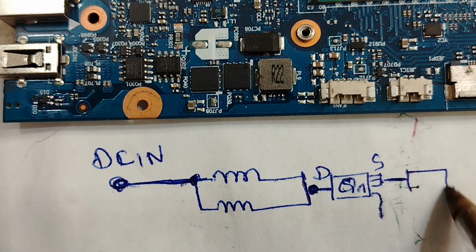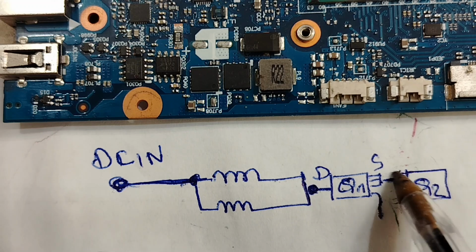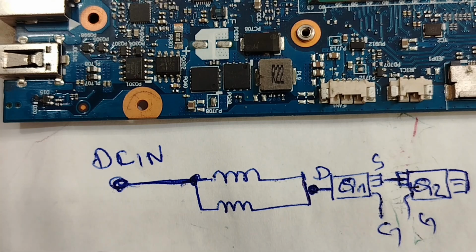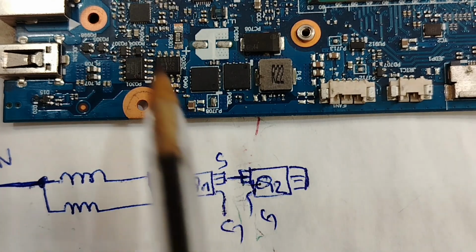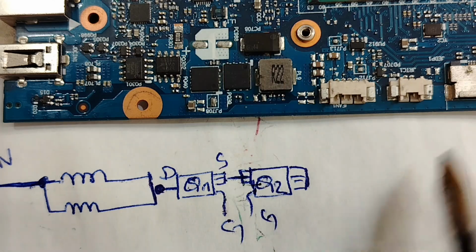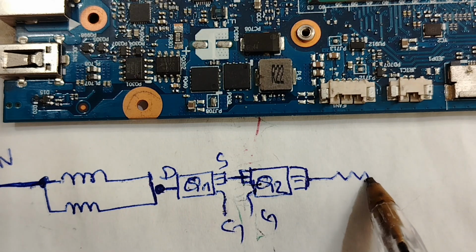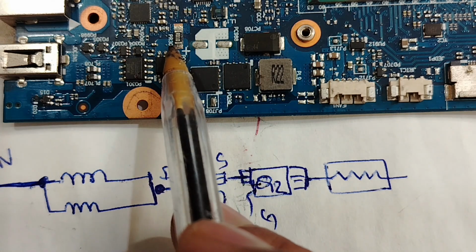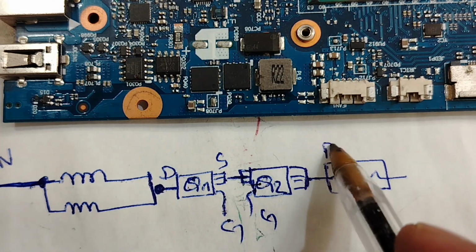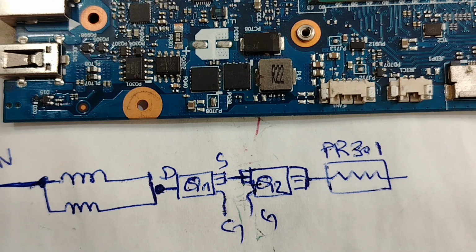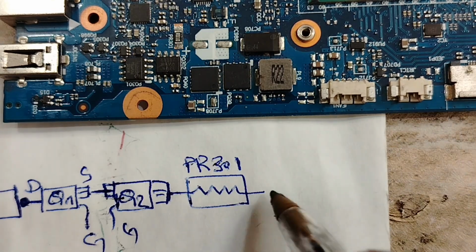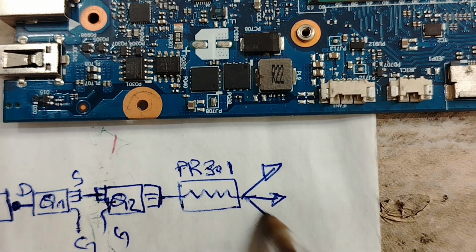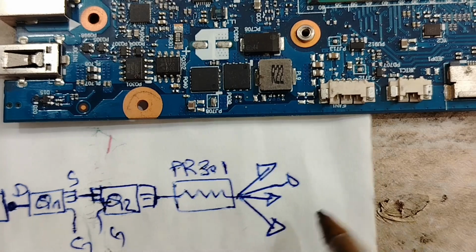So we have another MOSFET, Q2. Here we have the source, and over here we have the drain, and of course the gate here. Then this MOSFET is connected to the current sense resistor. So here we have the current sense resistor. Its reference in the motherboard is PR301. From this current sense resistor, the voltage will be distributed to all circuits in the motherboard,